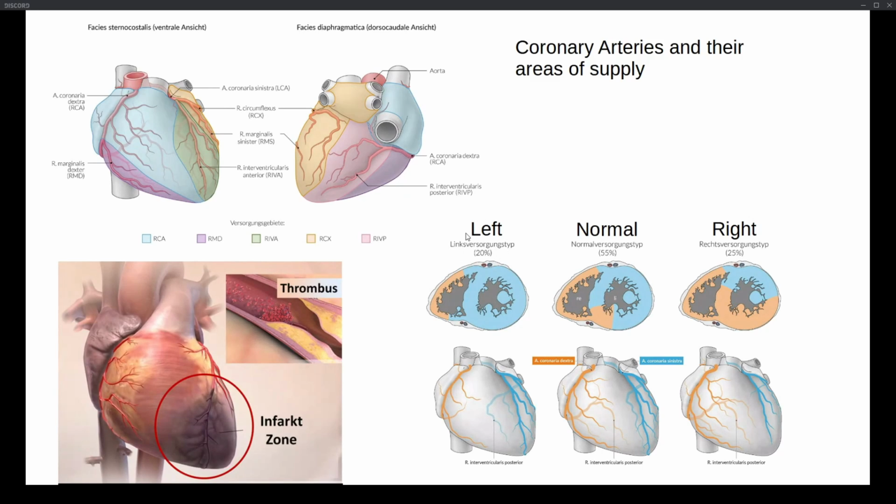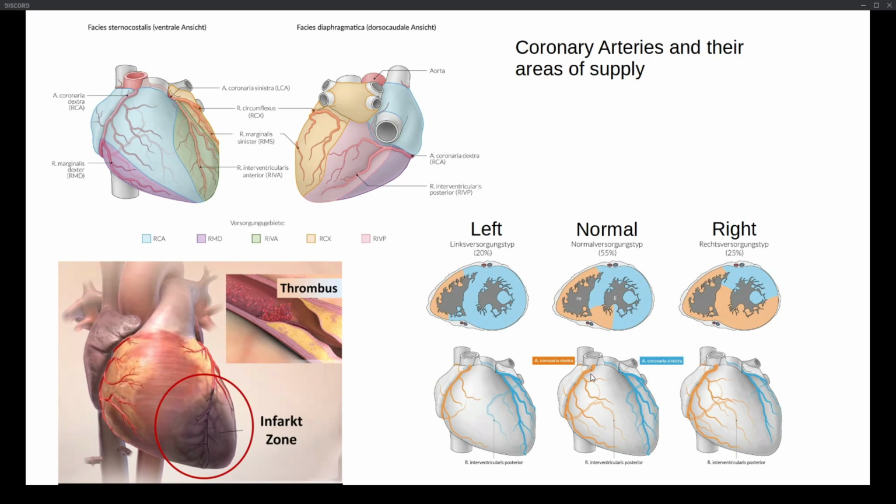You have a left, normal, and right version. The left and right just refers to which of these two blood vessels, the Arteria coronaria dextra and sinistra, are the main supply of the different areas. Though normally, at least a little part of it is always supplied by the other blood vessel. So normally it's shared more or less